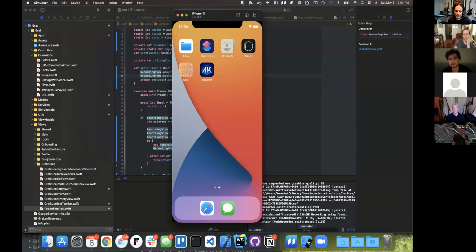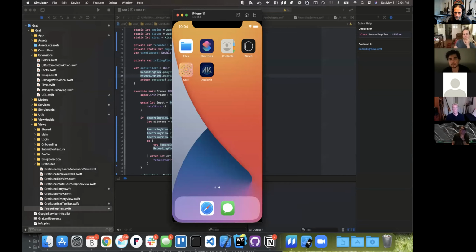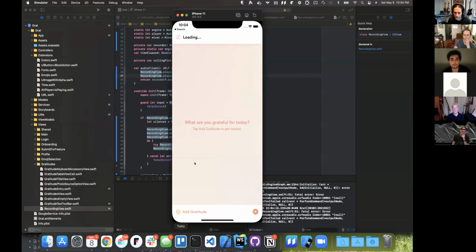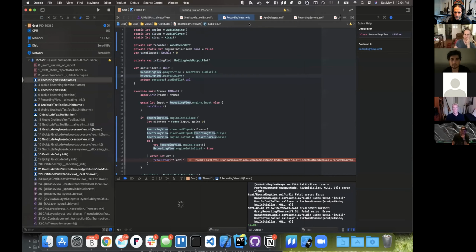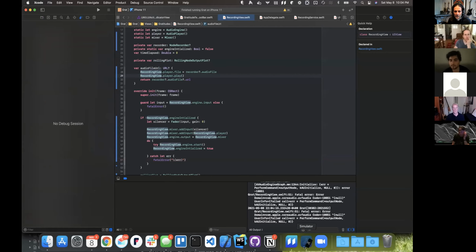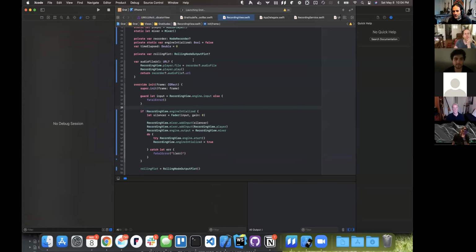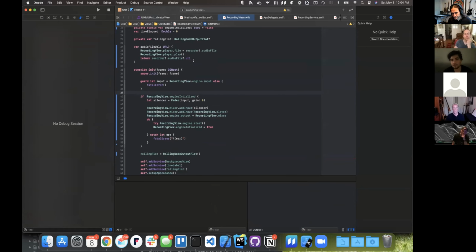So yeah, like I said, it works great in the cookbook. I have the cookbook running right here. But, uh-oh, sounds weird. Oh, it's because I restarted my audio service. Sorry, I have to restart the simulator. Hopefully I don't kill my audio service. But while we're waiting for it to launch,